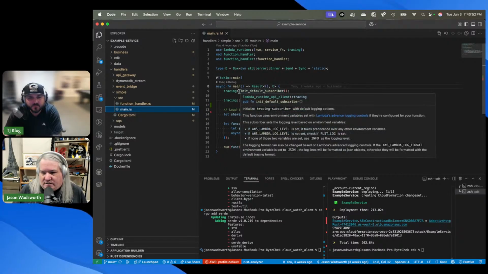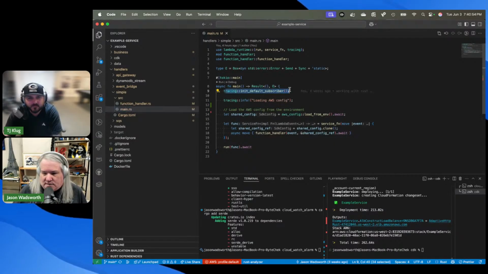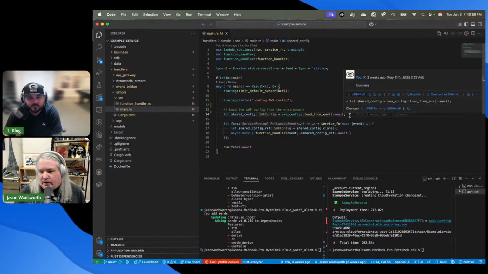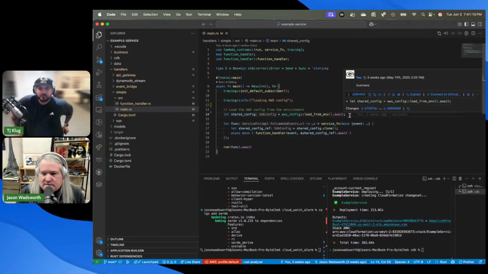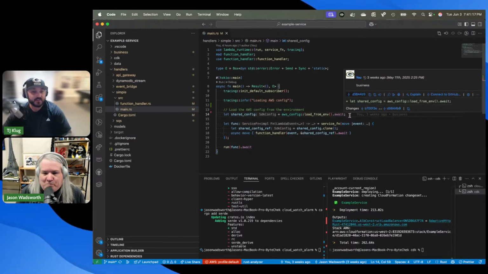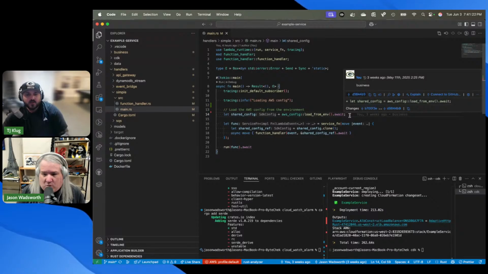So you'll see here, this is just hooking up their logging stuff. Nothing really special there. This is kind of an interesting one here. The shared config, effectively what it's doing is loading all the stuff from the environment variables. Interesting. So it's getting your region, your credentials, where you would pull them off of inline stuff. The interesting thing about this is the Express-like setup. Yeah, it is, and you'll see that even more when we get into the API Gateway one. It looks a lot like Express.